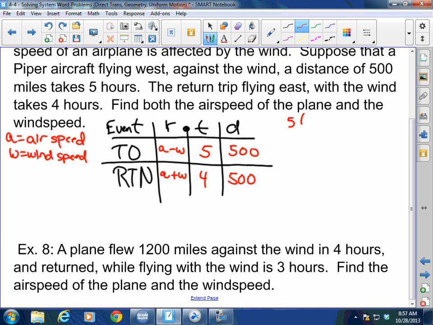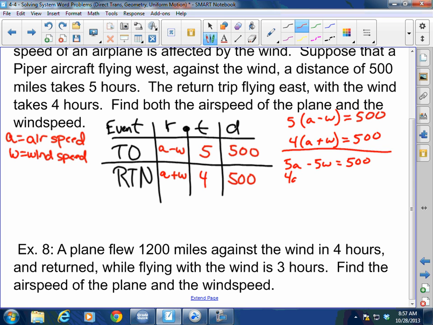Now, we have a system that we just created. Rate times time equals distance. Let's go ahead and distribute. So I've got 5A minus 5W equals 500. And I've got 4A plus 4W equals 500. I'm going to go ahead and eliminate. So I'm going to multiply the top equation by 4, and the bottom by 5. So that's going to give me